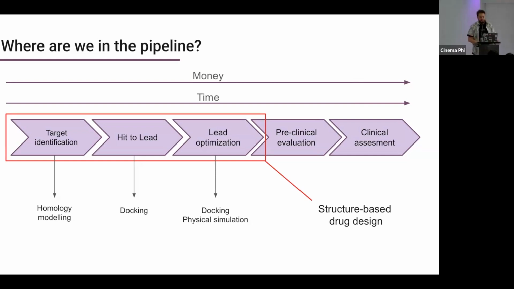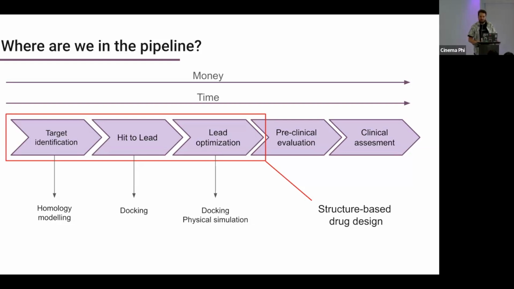So structure-based drug design in these three phases starts with target identification and homology modeling. So basically creating the PDB structure of the protein that you're going to try to target, or, if you're not doing homology modeling and you're more into machine learning, basically AlphaFold and RoseTTAFold and all these kinds of new generative models that are really powerful and are trying to revolutionize this field. Once you have your